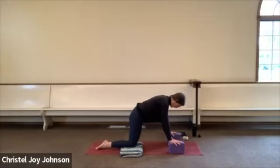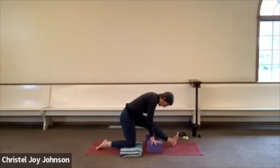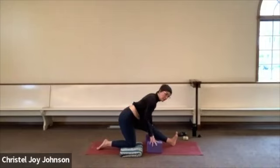So come back, right? Before you go too far into it, maybe bring those blocks in or come onto fingertips, right? Lengthen the spine. And again, what I'm really asking the most with that is I'm asking for your pelvis to come out of a posterior tilt into a neutral spine. Once it's neutral, flex that left foot. Maybe you fold in a little bit more, but chances are you don't have to. When we move our pelvis to neutral,